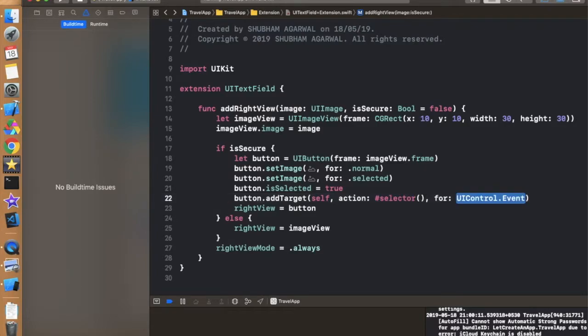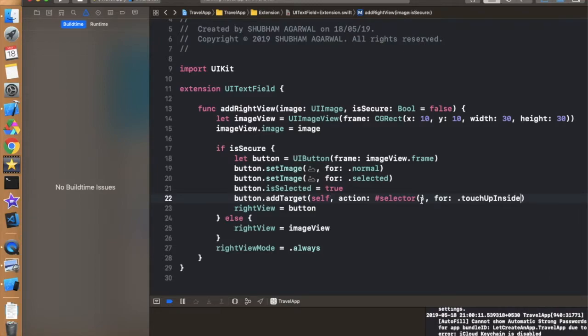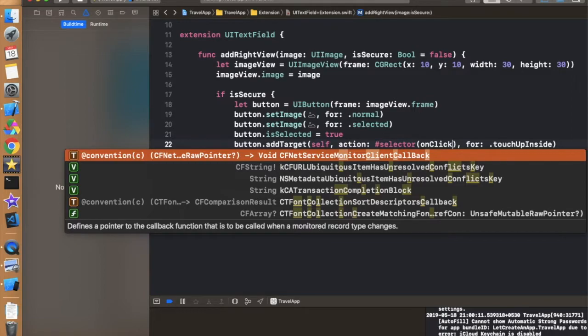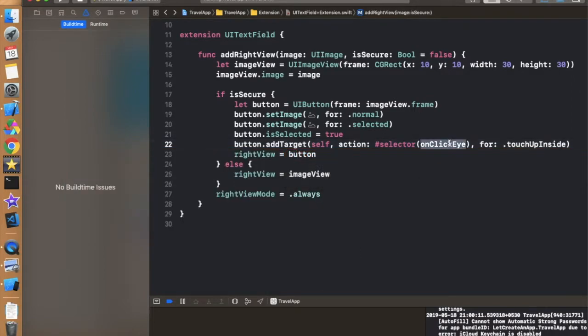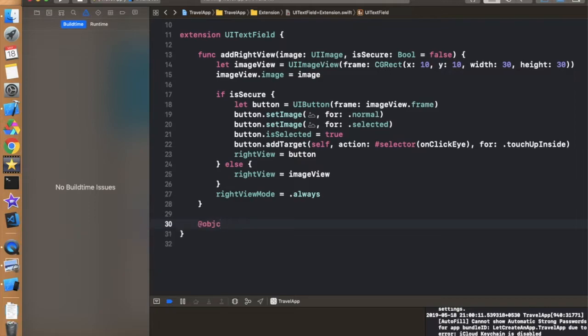So button dot addTarget, and in this the action should be like #selector, and this is for touchUpInside, and in selector we have to give the name of the function, onClickEye, something like this. Just copy this method and create one method again with the Objective-C reference, same thing like this, and in this we have to toggle the button properties, that whenever it's selected we have to make it unselected, and we have to change the isSecure field